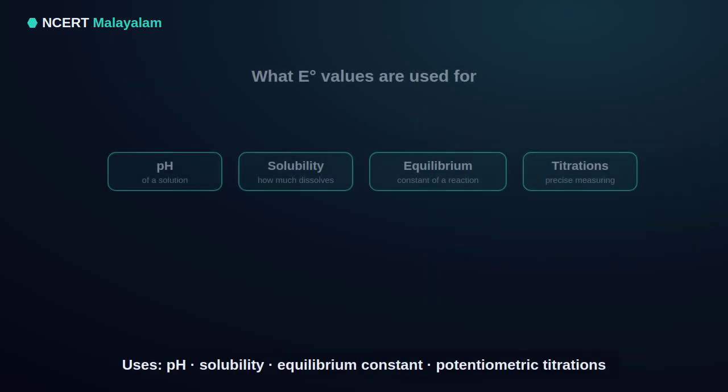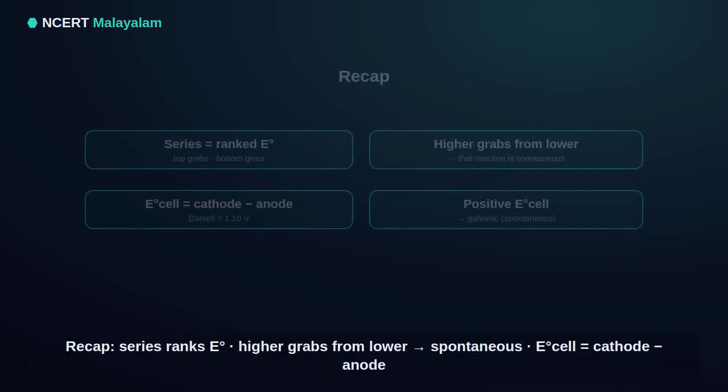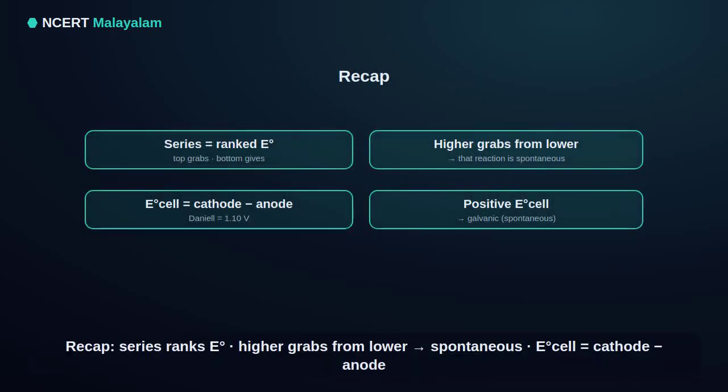The standard electrode potential values are also used to find the pH of a solution, the solubility of a salt, the equilibrium constant of a reaction, and to carry out precise potentiometric titrations. So, quick recap. The series ranks every standard electrode potential. The higher species grabs electrons from the lower one,